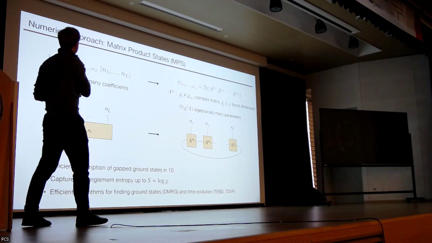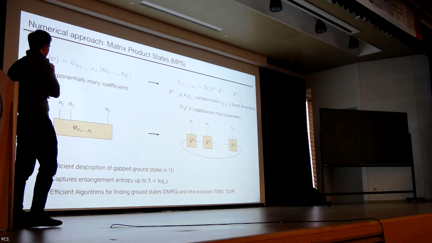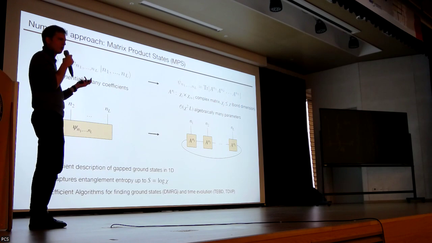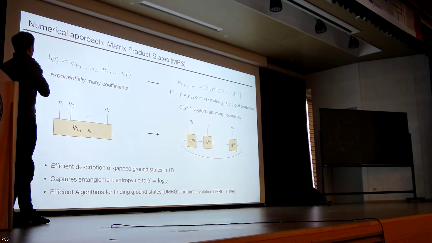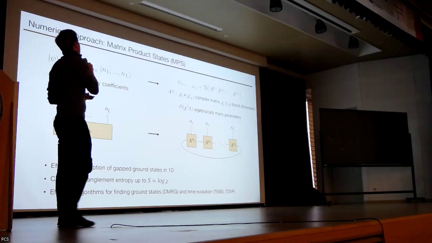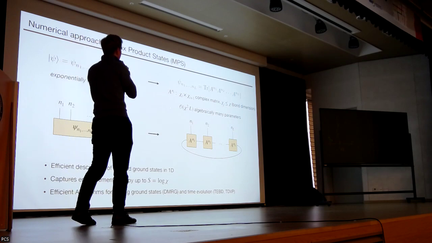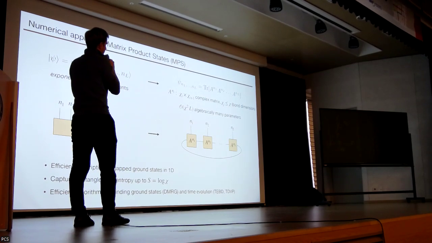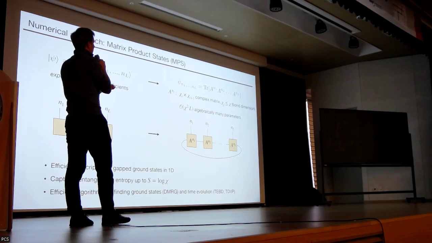So the way we do it is we use a numerical method which is called matrix product states. So I will just talk about it very briefly here. The general theme is that, of course, in principle, simulating these quantum systems is not so easy because the wave function that we write down for a given quantum state psi contains exponentially many coefficients, which in principle one would need to keep track of. And so matrix product states give us a variational subspace of all these possible states by writing these coefficients as a contraction of a bunch of different matrices A here, which have some bounded order given by a parameter chi,